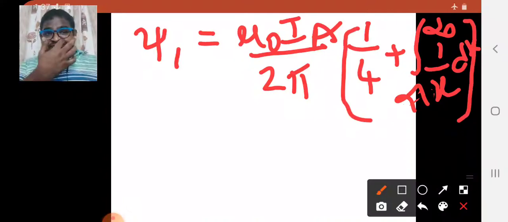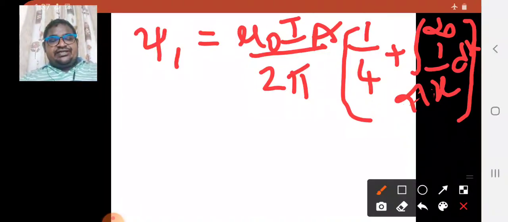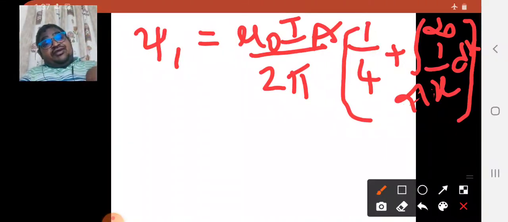What is this? This is the flux linkage of conductor 1 due to its own current. So now the flux linkage of conductor 1 due to IB,